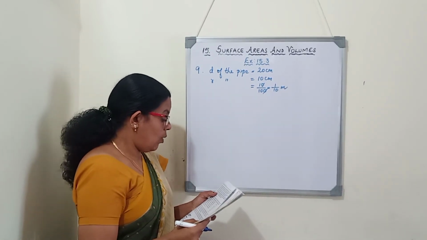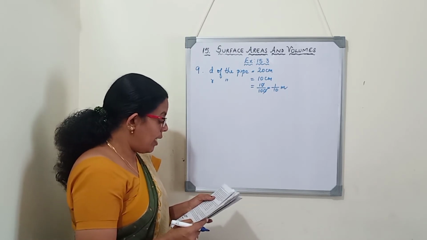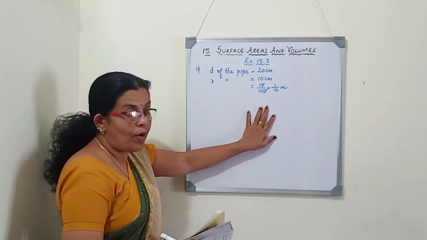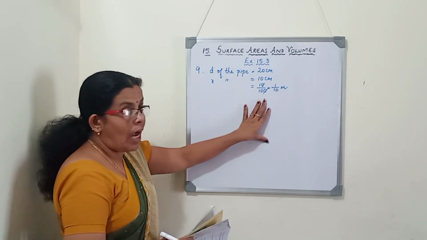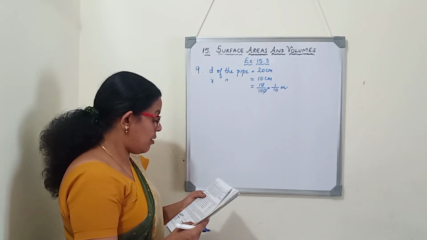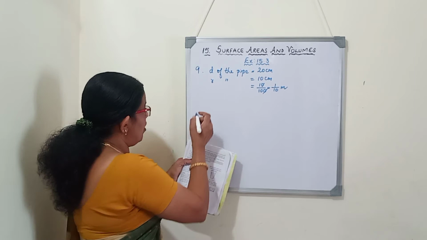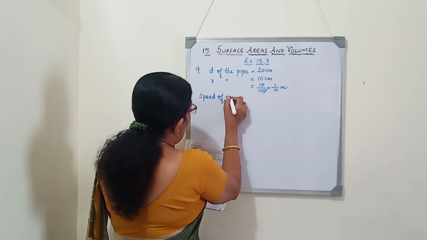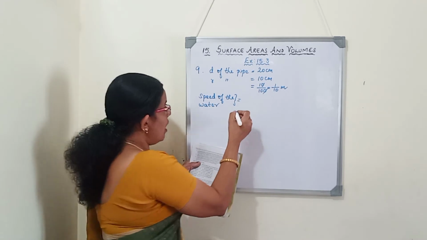And this water flowing in the pipe will be reaching a cylindrical tank which is 10 meter in diameter and 2 meter in deep. So here for the pipe, we got the radius of the pipe. So to find the volume of the water in this pipe, pi r square h, we should find out the height of the cylinder or height of the pipe. For that they had given this. They say that the water flows through the pipe at the rate of 3 km per hour. So speed of the water. It is given 3 km per hour.